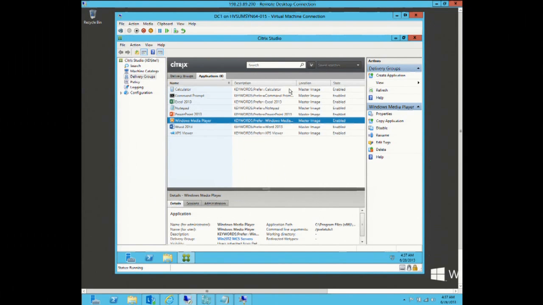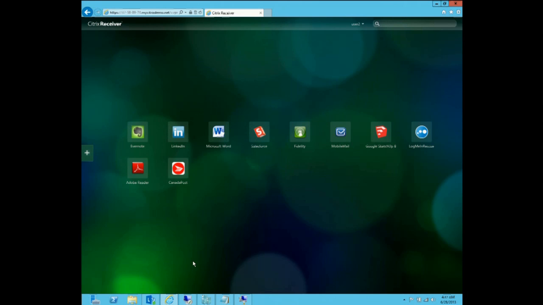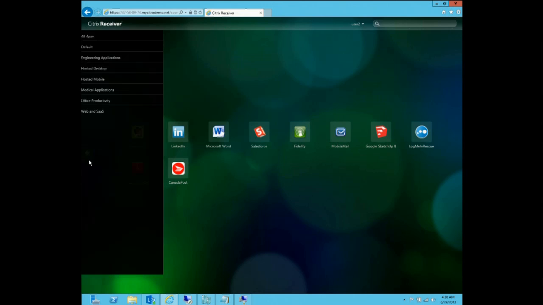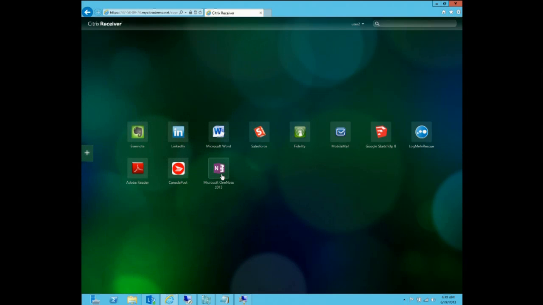Once all of that is configured and you have your applications available, what you should end up seeing at the end would be, once you log onto the server, a list of applications that were configured to be available through the Citrix console. I can then select the applications that I need access to. You can see all these applications are already published. And once I have access, I pull them down just like I do a normal application.